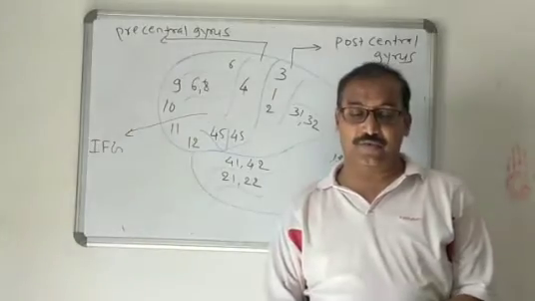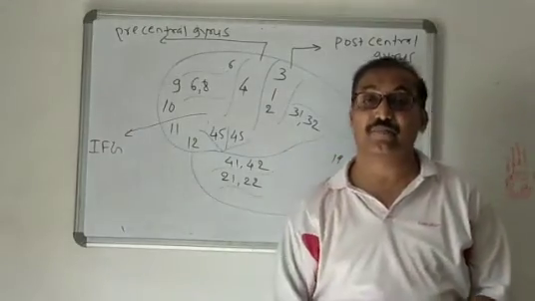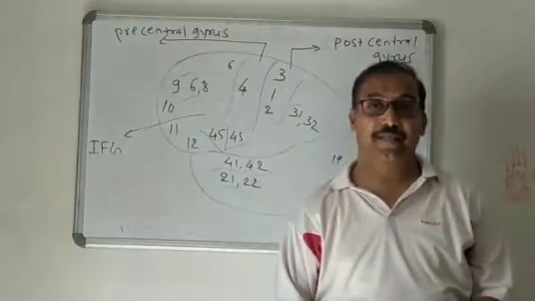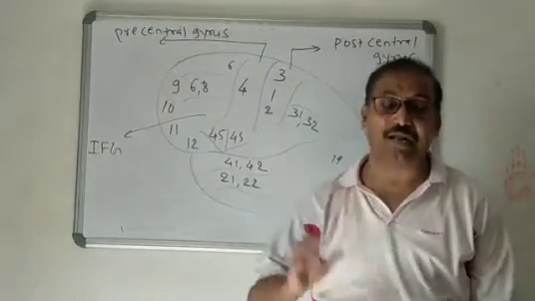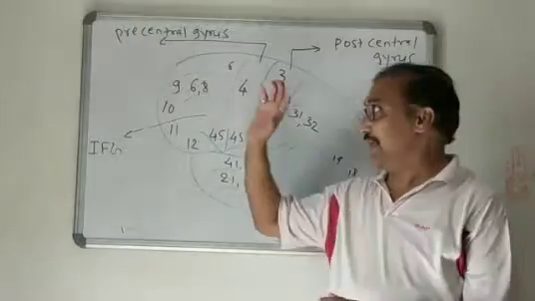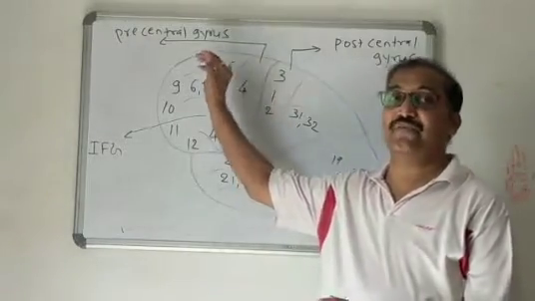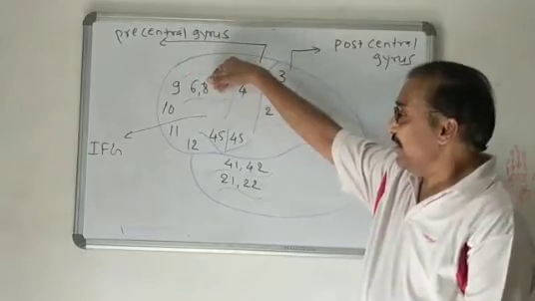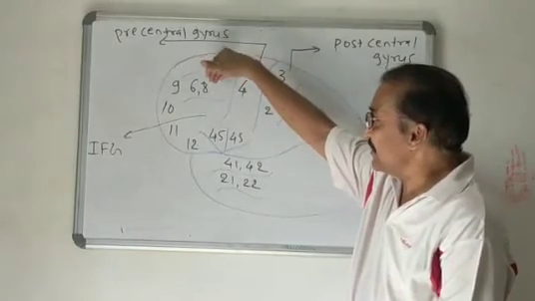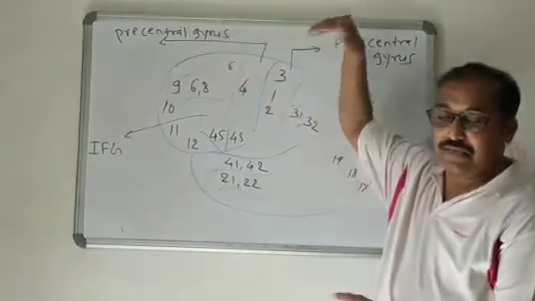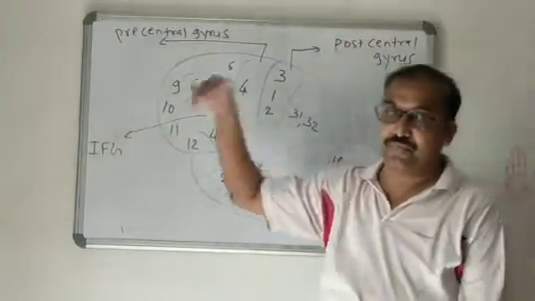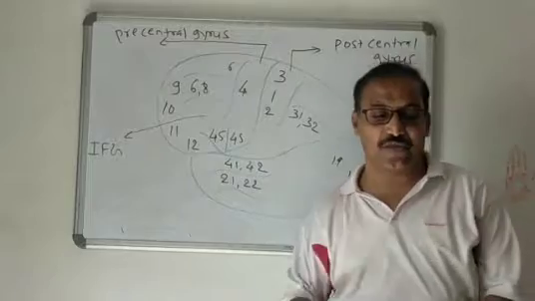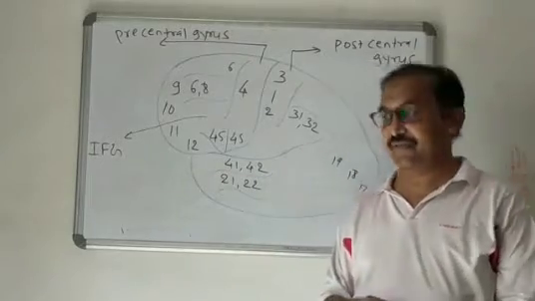Why is this area important? Because it is the area for memory, it is the area for intelligence, it is the area for the learning process, and it is the area for social behavior. Remember, the silent area lies in the superior frontal gyrus and middle frontal gyrus. It is responsible for memory, intelligence, the learning processes as well as social behavior.